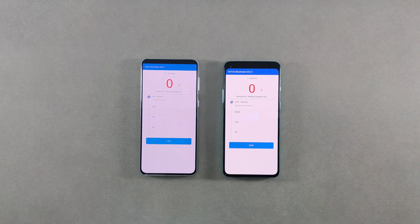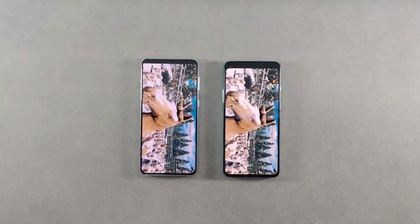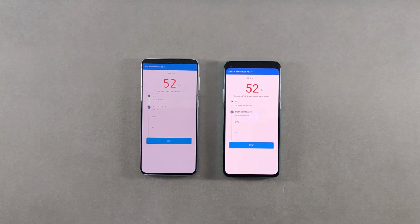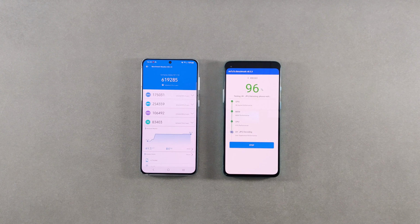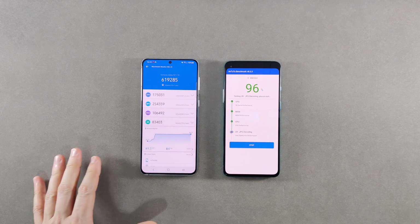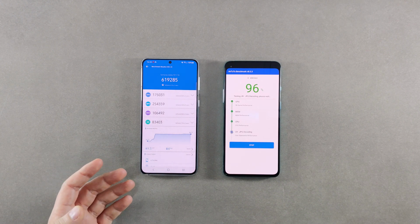So the app itself was opened faster on the S21 Plus. I will fast forward this part, but overall the S21 was starting the test a bit faster, and it was leading the test and was ahead for around, I would say, 20 to 30 seconds. And here, as you can see, it has also finished faster. So the overall score is around